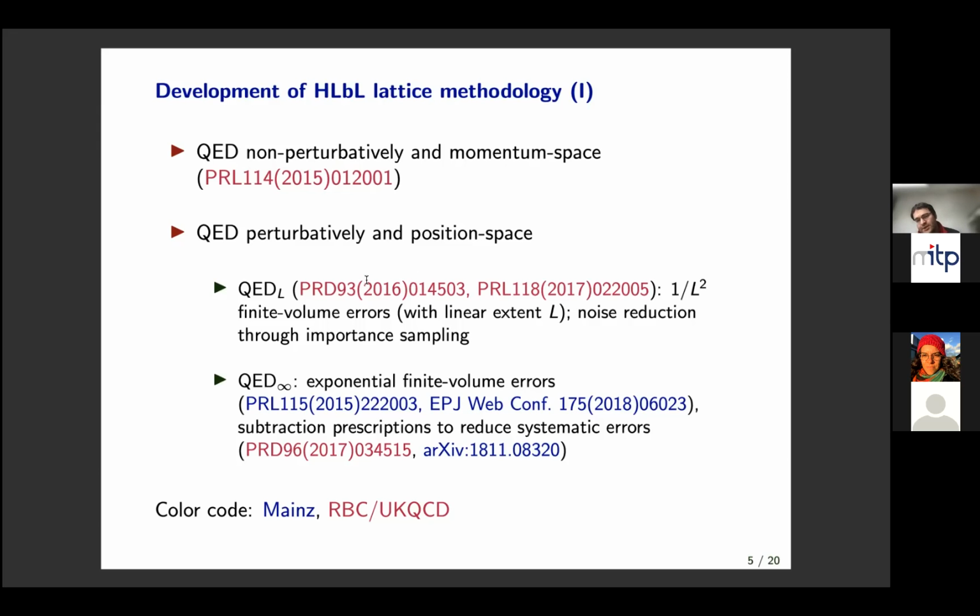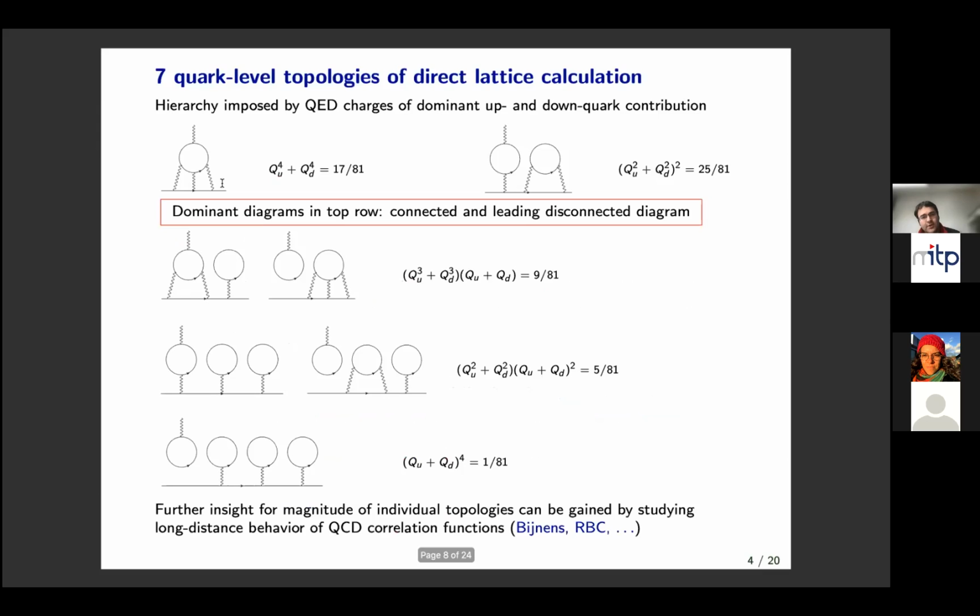Then you can still do it in different ways. You have to ask yourself, what do you do with the photons? You can put the photons also in a finite volume, or you can try to integrate the part of the diagram here that is not directly connected to a quark in infinite volume with a different finite volume regulator. And you then create a weighting function that has to be multiplied with this quark four-point function. And that's possible too. They have different advantages and disadvantages.